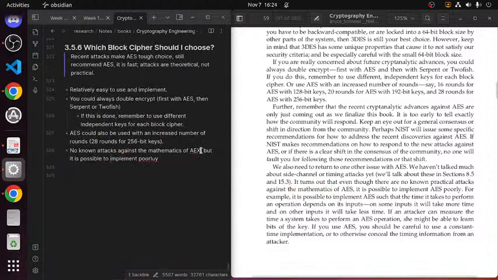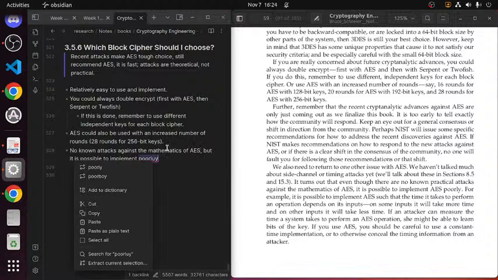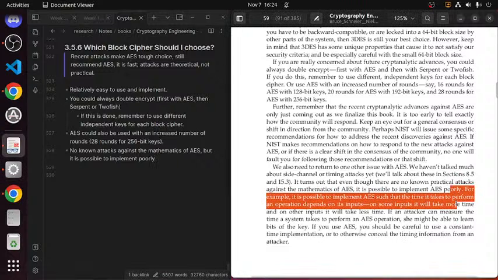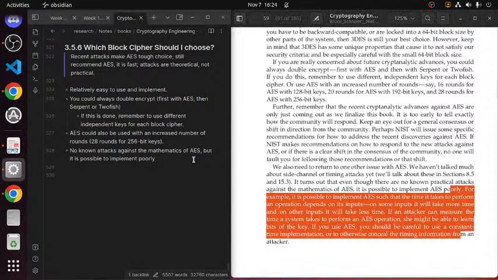I think it's just more about crypto in general, but I think the idea there is just getting one example of how you can do poor crypto engineering. You can implement AES such that the time it takes to perform an operation depends on its input.